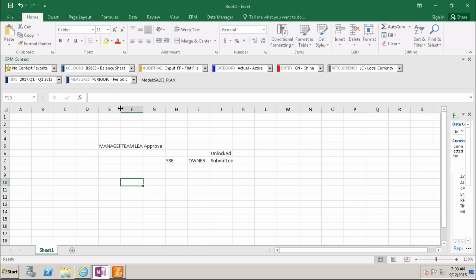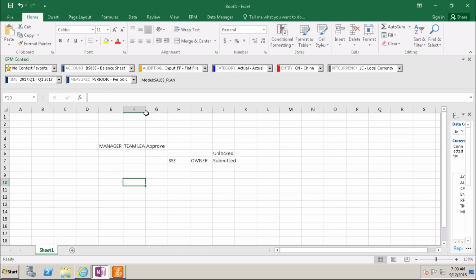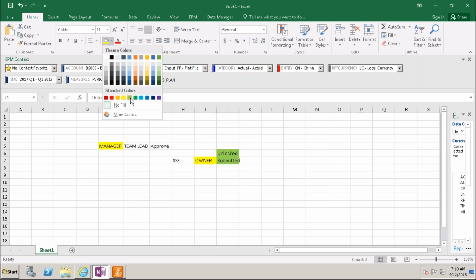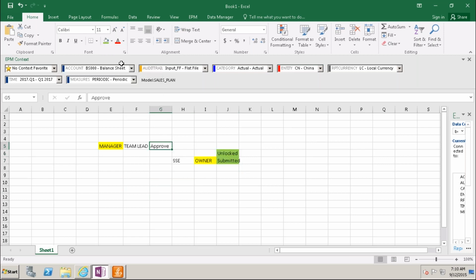So here we have two concepts, owner and manager concept, and these are the statuses of the work status: unlock, submit, approved. Approved means it will automatically get locked.